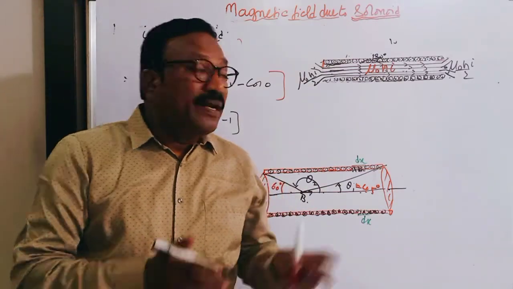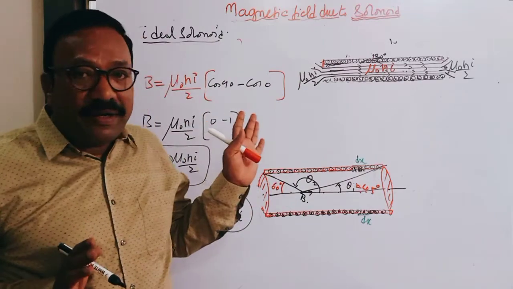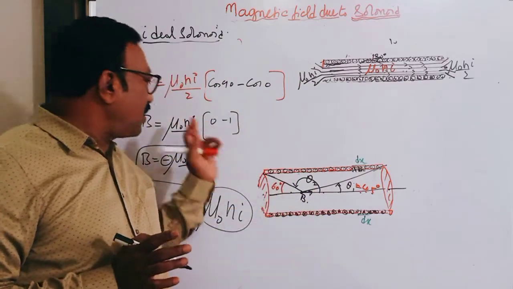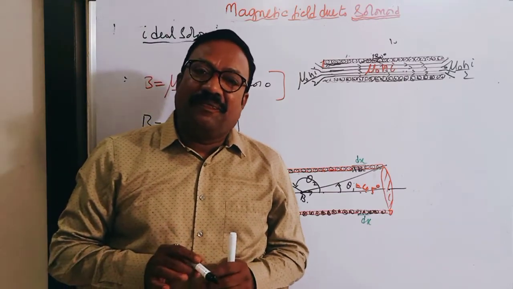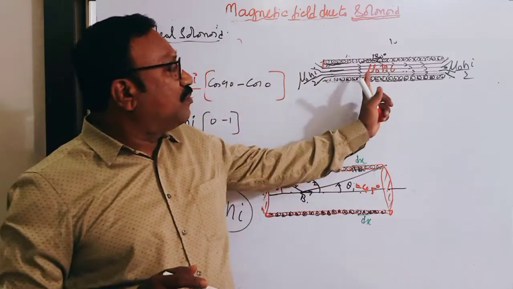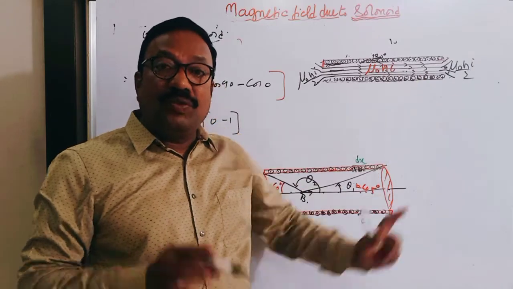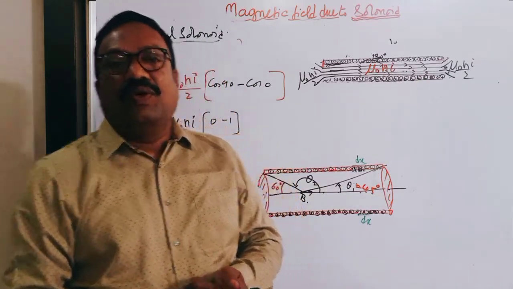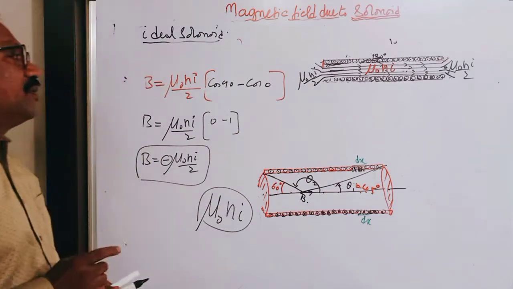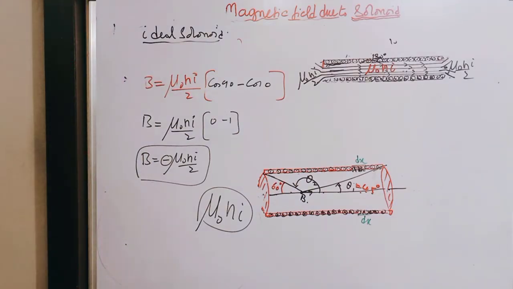So till here we have discussed the ideal solenoid. But I used this formula, and I said that this formula is not there in the NCERT book. It is derived as mu naught n i using Ampere circuit law, which is there in the syllabus. So using Ampere circuit law, we will now determine the same formula, mu naught n i, the magnetic field on the axis of a solenoid.